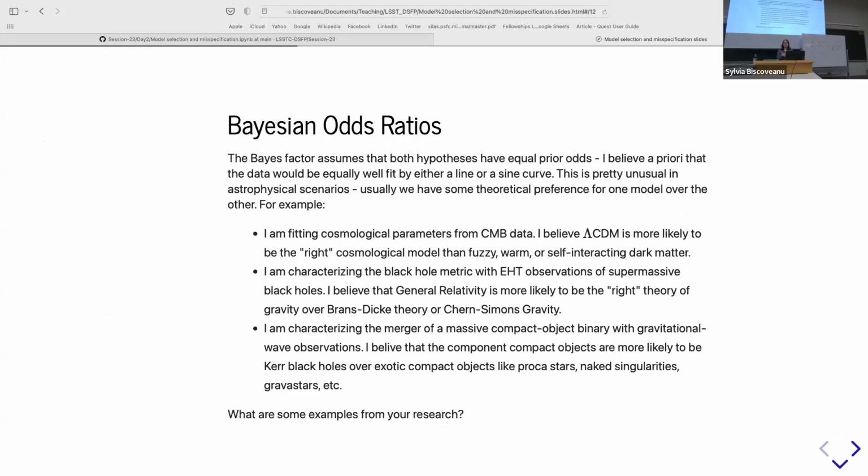Okay, so far we've only been talking about Bayes factors, but in most real world situations, I